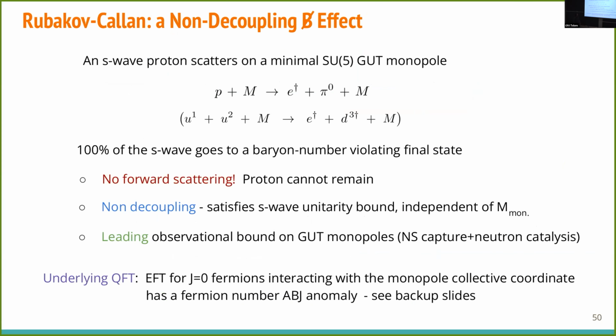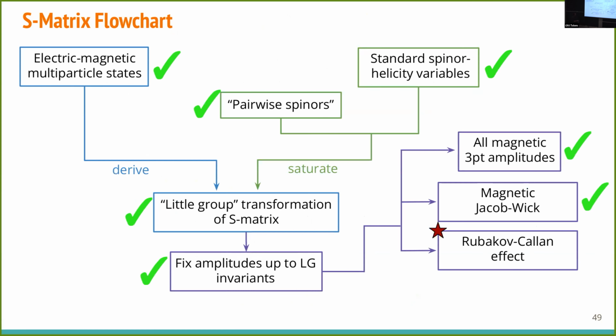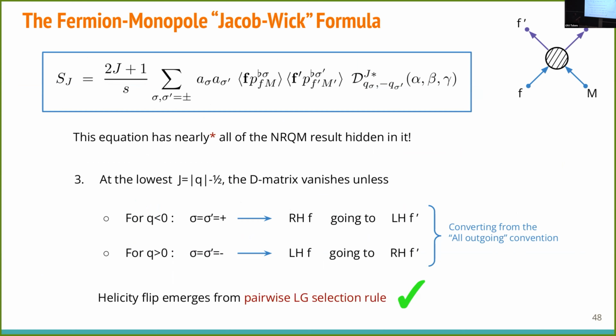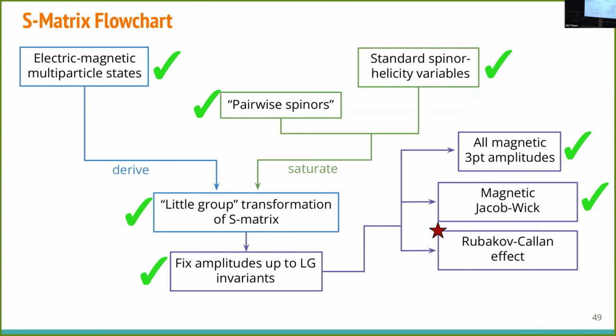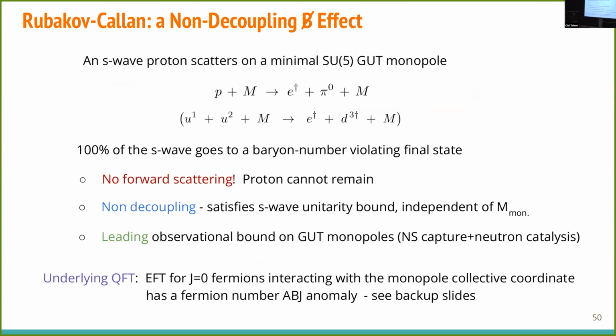Good. So let me just tell you a very short version of how you do Callan-Rubakov with it. So I already showed you how selection rules lead to the helicity flip. In Callan-Rubakov, the only extra ingredient that you have to put in is standard model charge conservation. Nothing else. So these selection rules, together with standard model charge conservation, will lead to only one allowed process at the lowest partial wave, which is that these U's are converted to an E and a D.